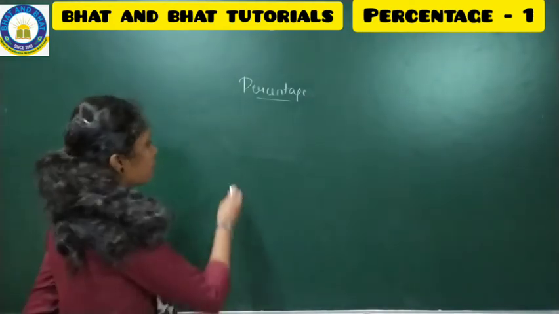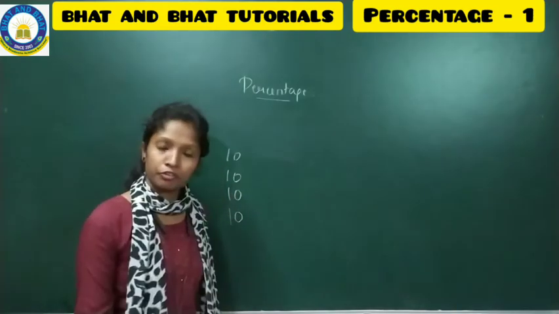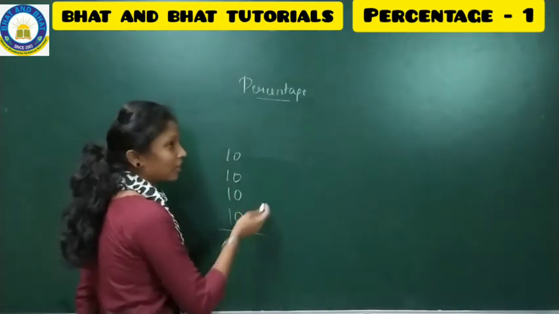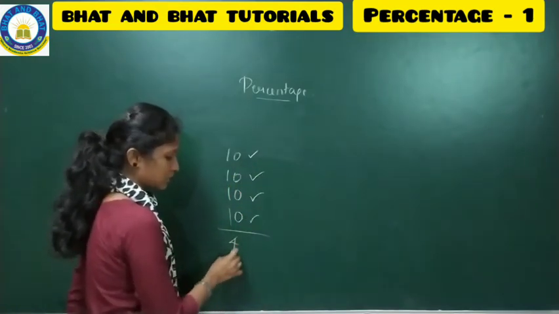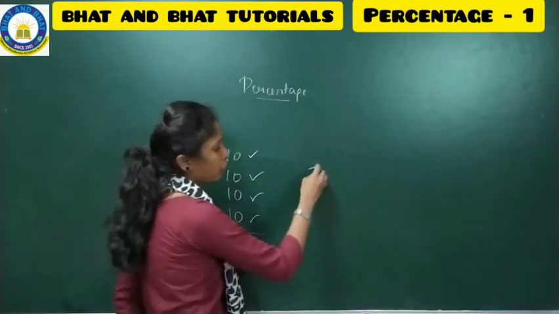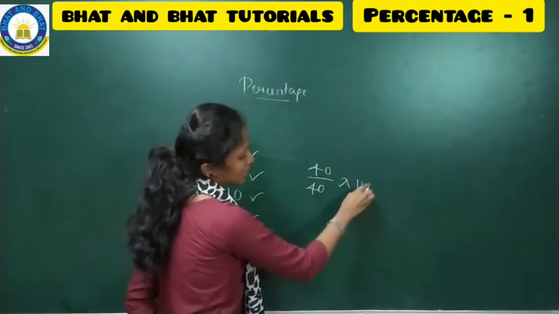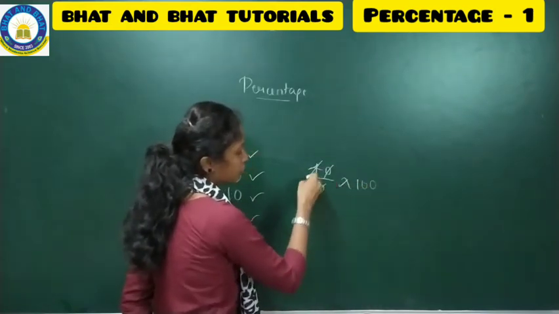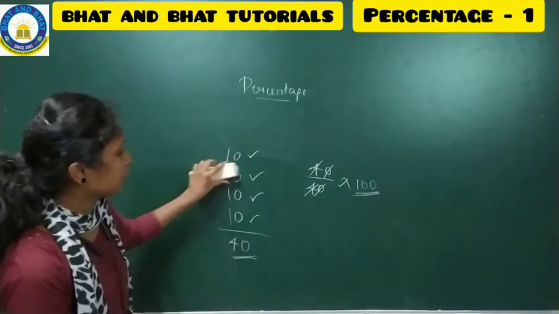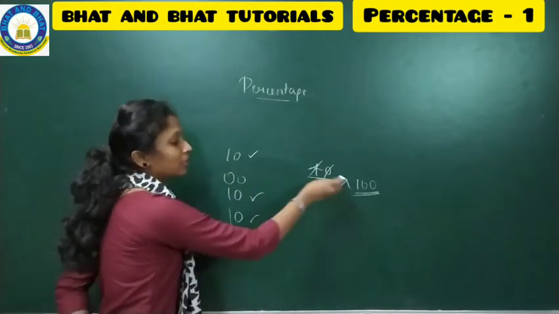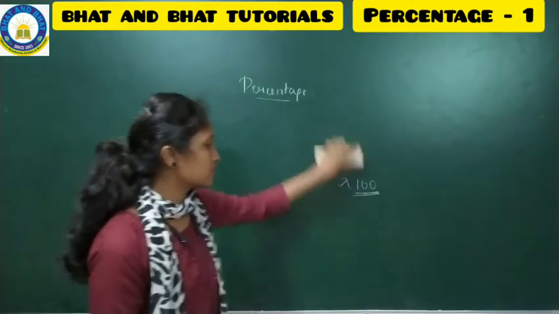So there are 4 people who are scoring 10, 10, 10 out of 10 in all the subjects. So totally there are 4 subjects. So 10 plus 10 plus 10 plus 10, it is 40. So out of 40 marks, people have scored 40 itself. So then what is their percentage? 40 ones are 40, so their percentage is 100. If here one person has scored 0, then the percentage here will change, right? So this is what we are going to call percentage.